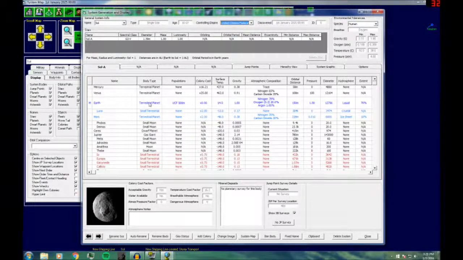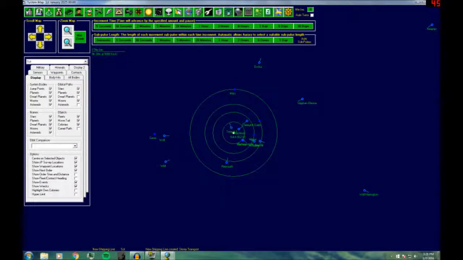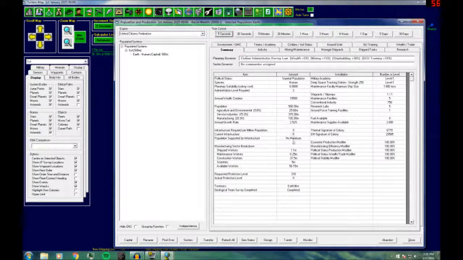Anyways, this shows us all the different planets in our solar system. So Earth doesn't have a colony cost, so it doesn't need infrastructure. But Luna here, the Moon, has a colony cost of 2, and so does Mars. What that means is, if we go back to this screen, we would need 200 infrastructure per million people we